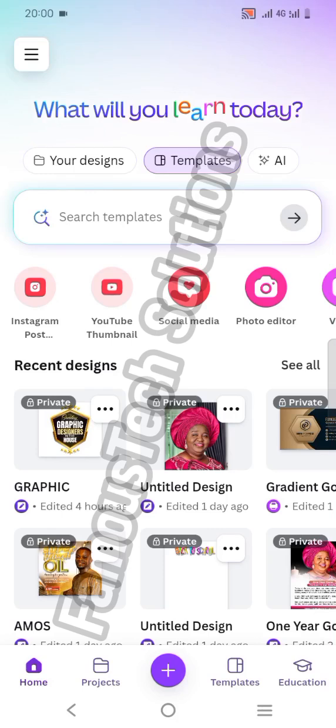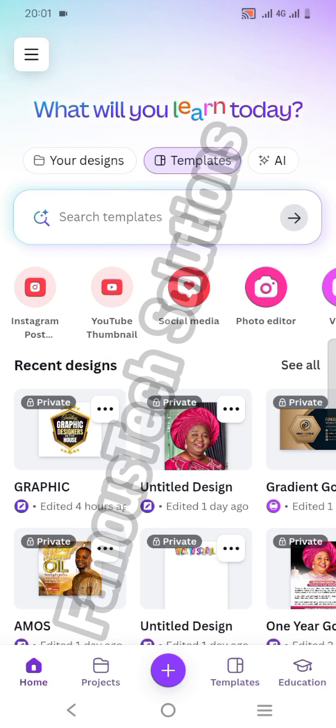All right, guys. So we want to look at the logos, right? How you can design a logo, or you can actually pick a logo from the template and modify it to your own logo, right? Okay, so now for you to get the logo, when you open your Canva, just the way you have seen it right here,